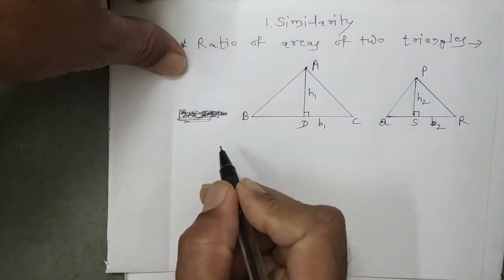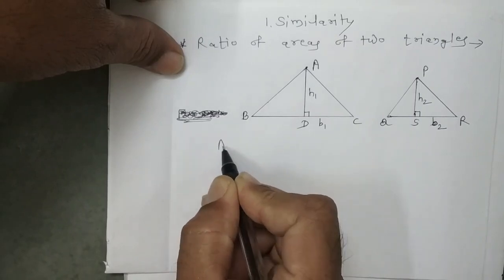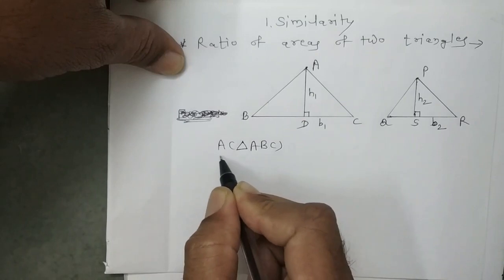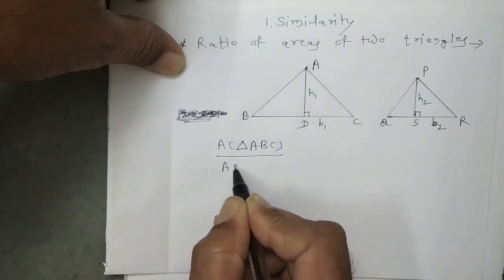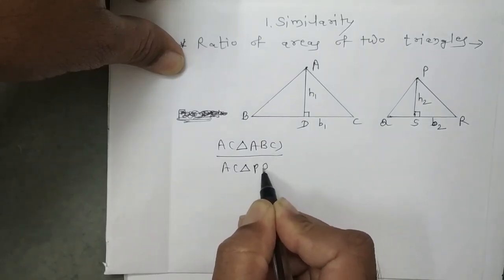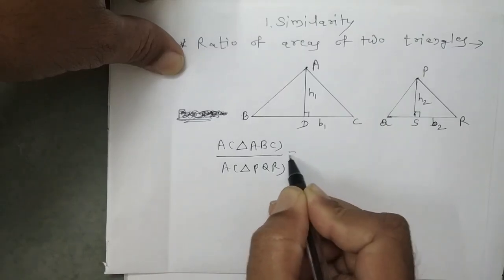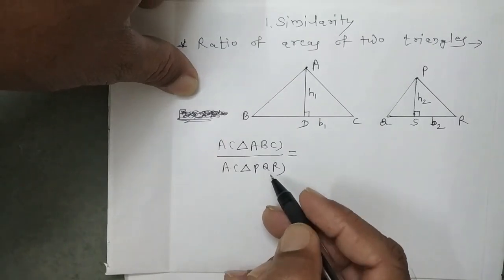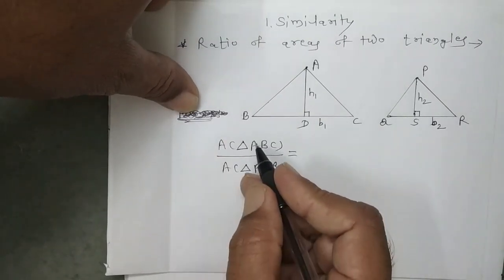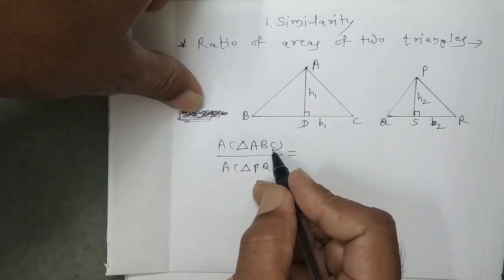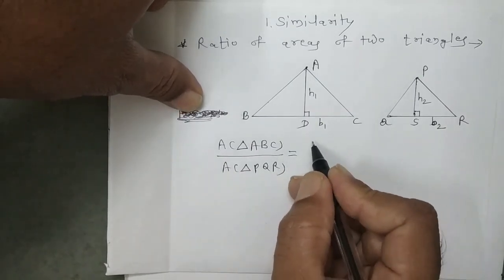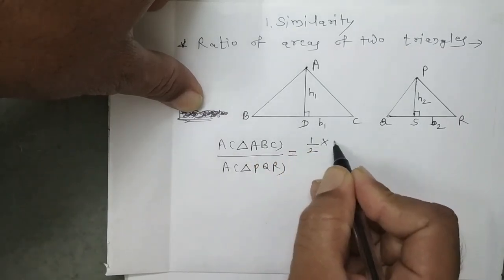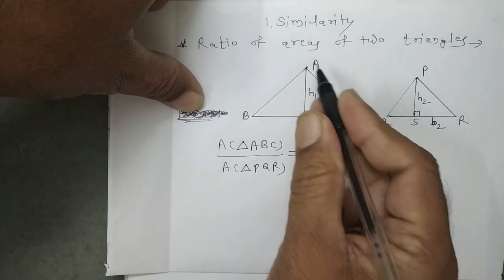Now we can write this as: area of triangle ABC divided by area of triangle PQR, that is the ratio of areas of two triangles, is equal to, now we know the formula, area of triangle ABC, that is 1 upon 2 base BC into height AD